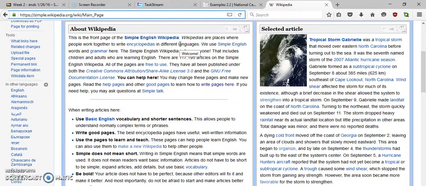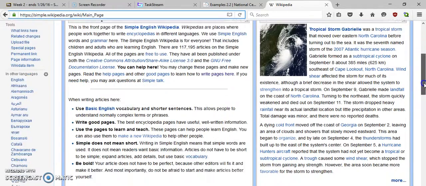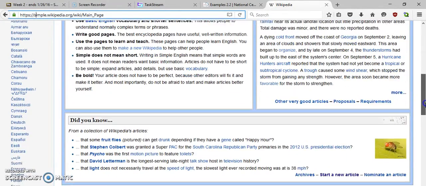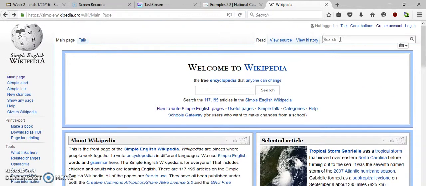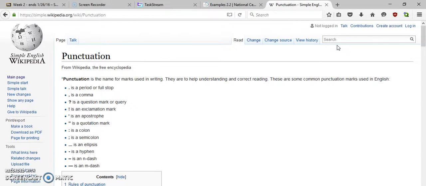A lot of people know what Wikipedia is, but we can use simple English grammar, words and grammar here. What's cool about this is that there are hundreds of thousands of articles that use basic English to help those that are still learning English to better understand concepts that they might not understand otherwise through reading a textbook or something like that. So, for example, if my students are struggling with something like punctuation, it comes up with this very useful article talking about each punctuation and where it goes and its significance in